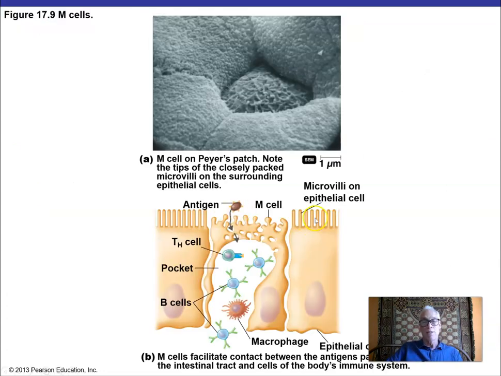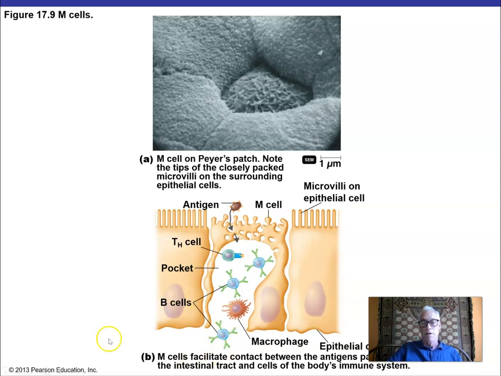So we're going to get a sample. Here comes a pathogen, and it's going to get endocytosed by this M cell, and the M cell is going to transport it right across, where it's going to be thrown into a pit of alligators. It's going to bump into some lymphocytes who will be clonally selected and activated. An antigen-presenting cell will probably gobble it up and express some antigens on its surface, and that will activate some